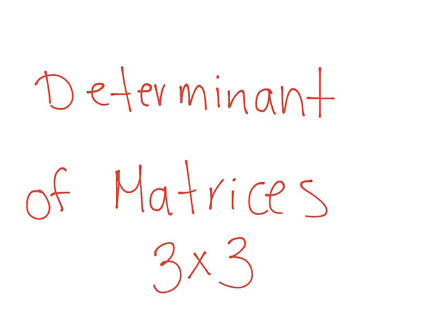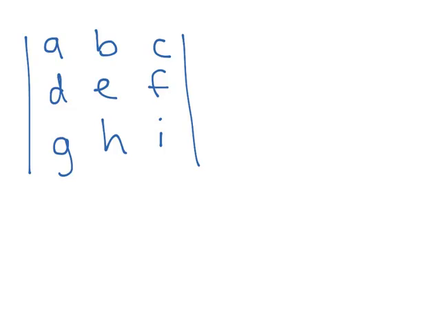Okay, in this video we will learn how to get the determinant of 3 by 3 matrices. Getting the determinant of a 2 by 2 matrix was kind of straightforward and easy, but now this is a little bit more challenging. So, if you have this matrix, for example, you see that it's a 3 by 3 matrix, and you want to get the determinant,